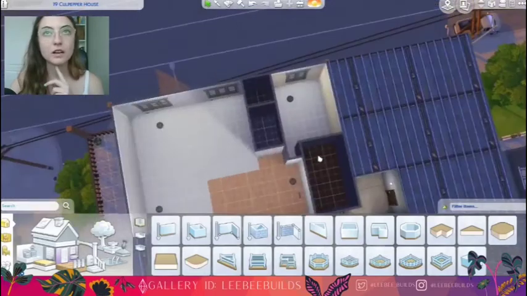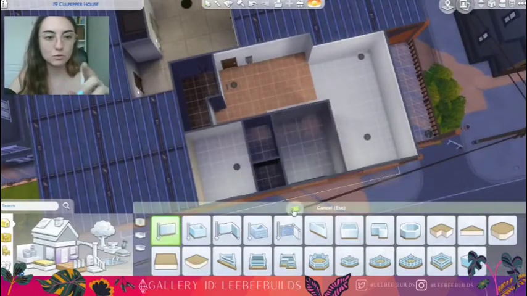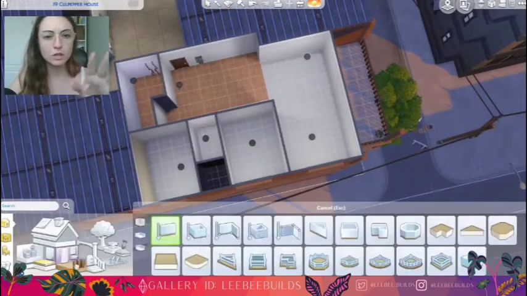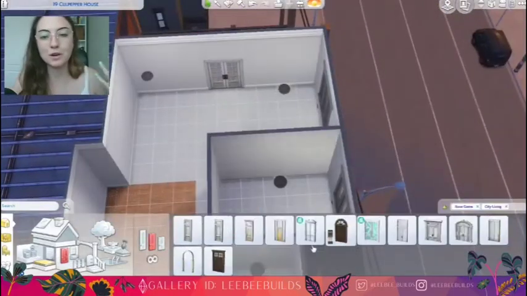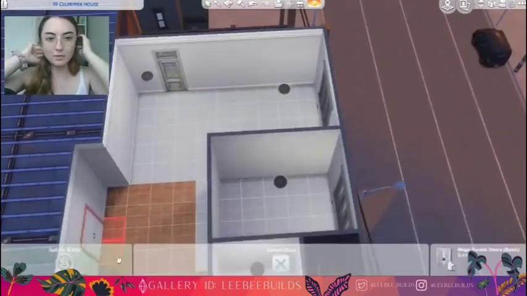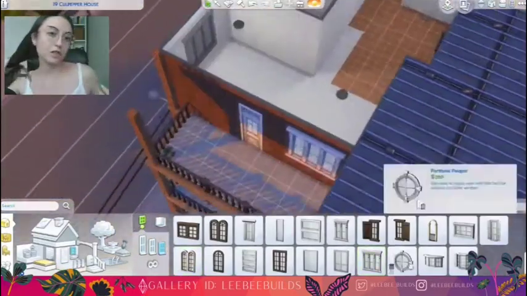This lot is labeled as needs TLC, so there's like mouse holes in this lot, but it has the balcony, and I wanted to do the apartment renovation for this lot. It just sucks that it has that lot trait here,